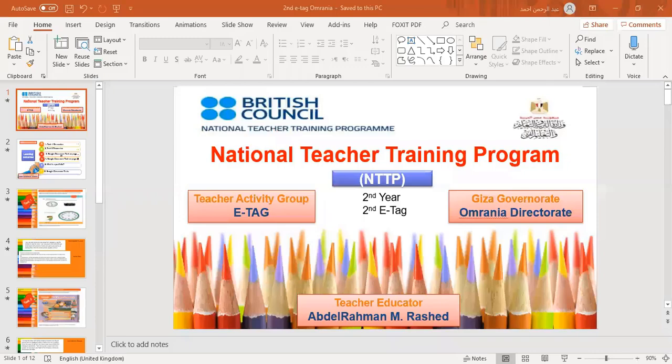The second thing was 21st century skills. After that, we have spoken about classroom language. We had already given you a task to do, and today, God willing, we will discuss this together. This will be our second session. This second session will be about